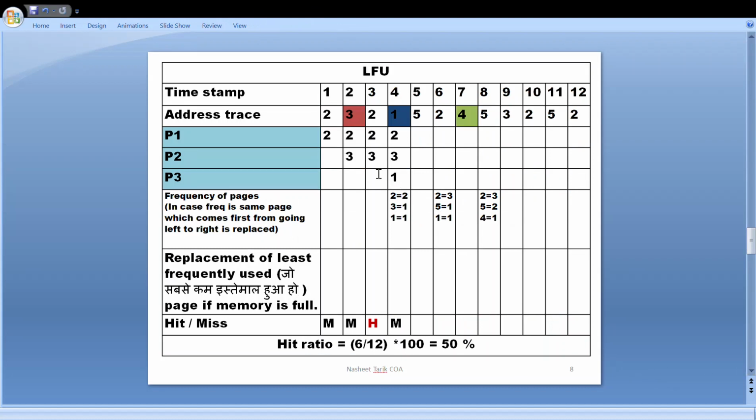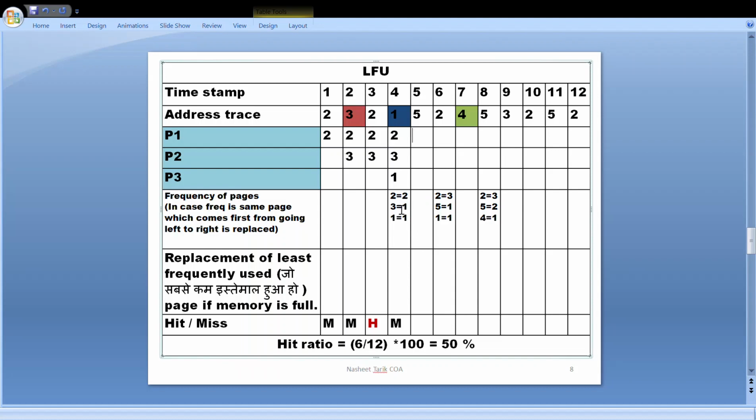Now the next algorithm is least frequently used. In least frequently used, up till now the explanation is the same as we have done in the previous cases, but once the M1 memory is full, we have to see the replacement algorithm. So over here it checks for the frequencies. Now this is page number 5. Page number 5 we will be replacing by which page? We will see the frequency. Page number 2 was accessed 2 times in the past. Page number 3 in the past was accessed only 1 time, and page number 1 was also accessed only 1 time. So the highest frequency is 2, so we will not replace it.